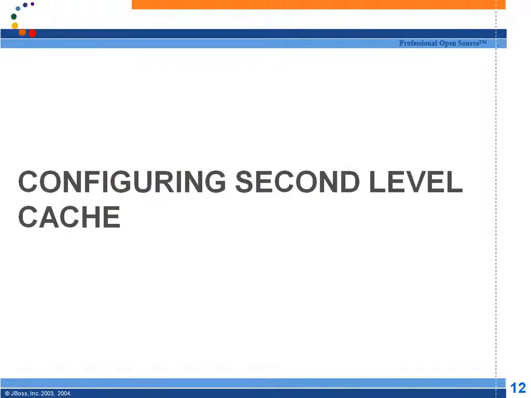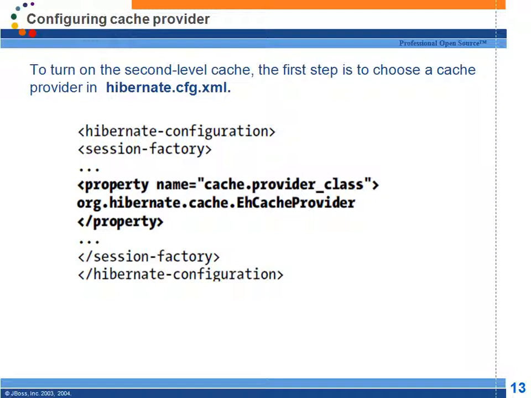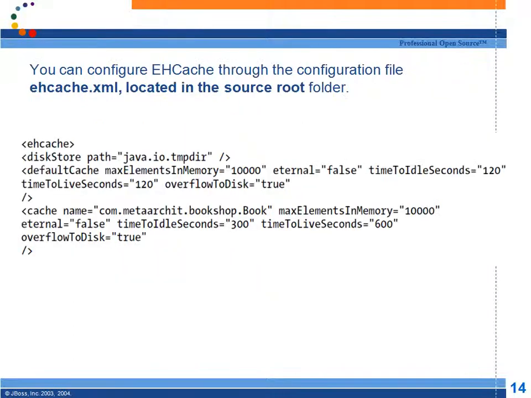Right. Now to enable it, the first one is this one. Then you have to provide a cache provider. You are using the EHCache provider, right? For the EHCache provider, you need to write a file called ehcache.xml and keep it inside the class path. And the ehcache.xml will be like this. The root tag is ehcache, and as I said, EHCache can be stored in memory, and it can also overflow to disk, right?